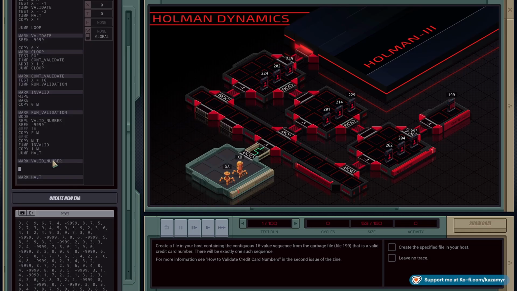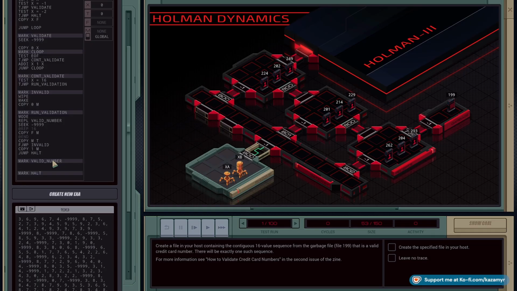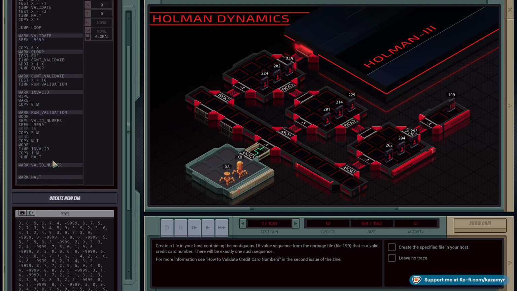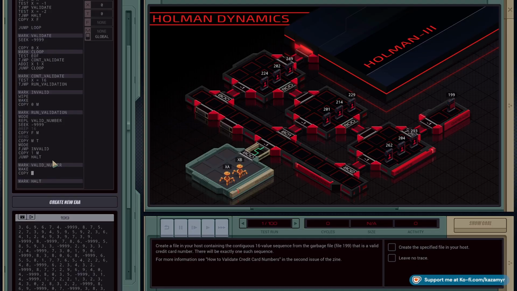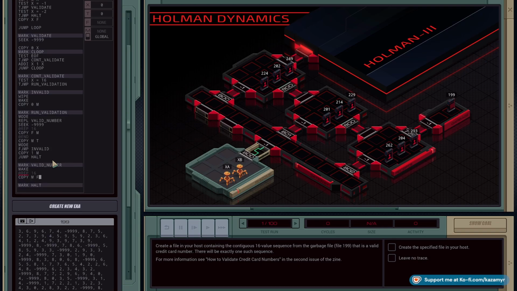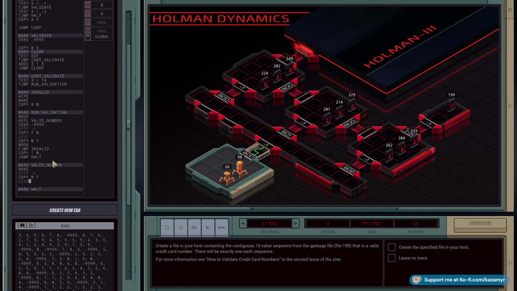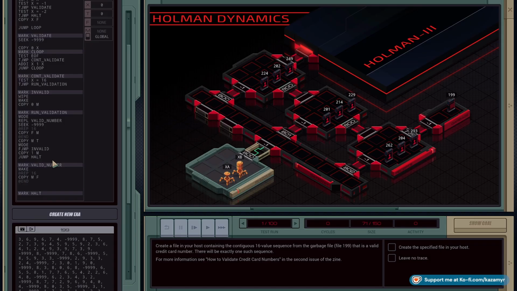Okay, so this is what we've repled here. Invalid needs to put us back in. Yeah, we're gonna swap back those here. Okay. Validate. So this is our little exit running. So it's gonna make a new file. It's gonna copy 16 times. It's gonna copy M to F, and then it will